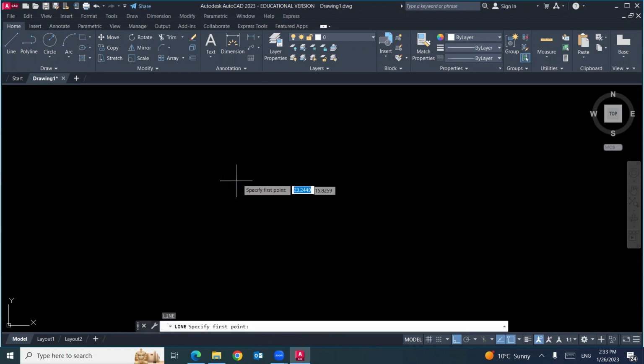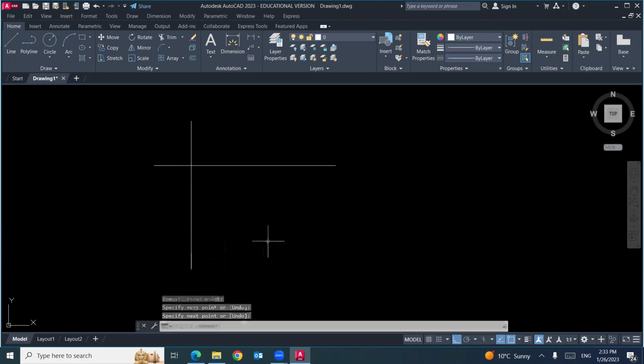Sometimes we have this line and this line. We need to remove this extra part and this extra part. If you select this part and delete, you are going to delete the whole line. No, I need to delete only this part. And I need to delete only this part. It's very easy.